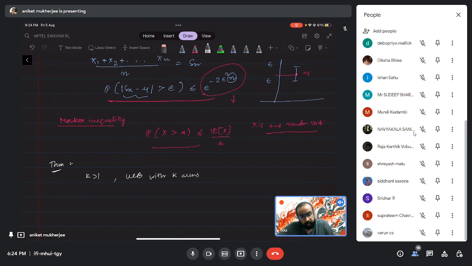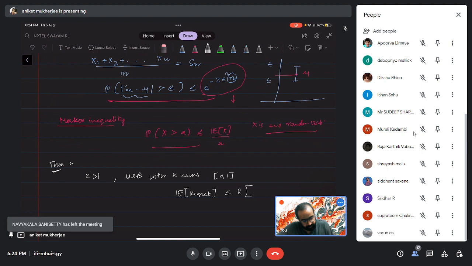Where the distribution of all the arms has support between 0 and 1, then the expected regret. Yeah, I think R was the reward. So let me write, okay, I'll write expected regret. Expected regret is at most